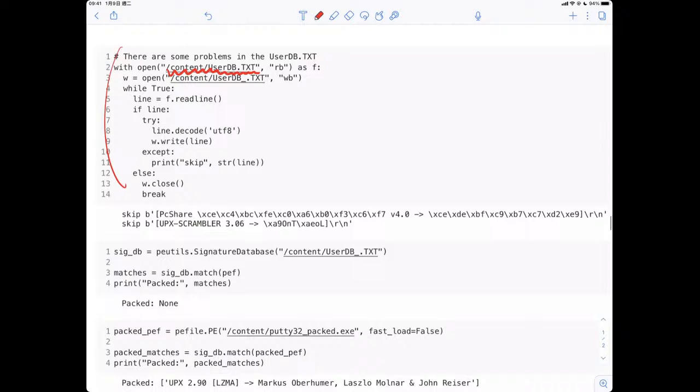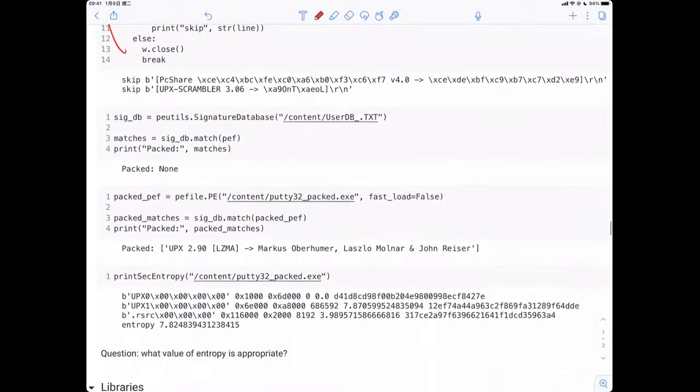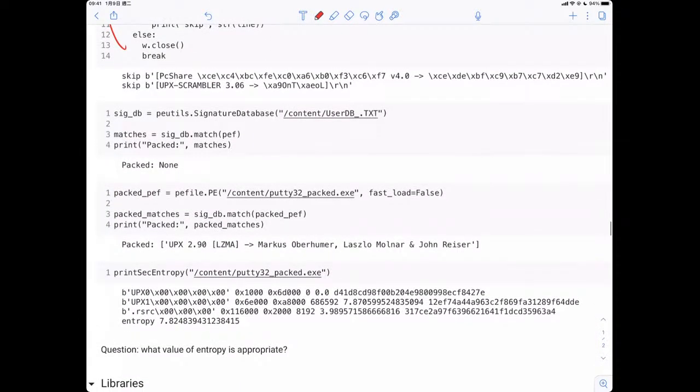You use PE utilities with a signature database, include your reference file, and you can ask PE utilities whether this file has been packed or not.